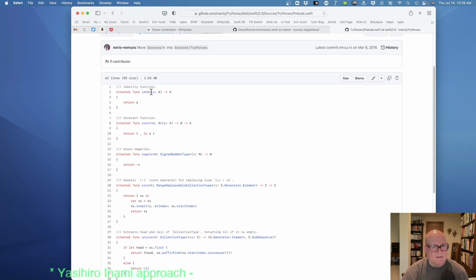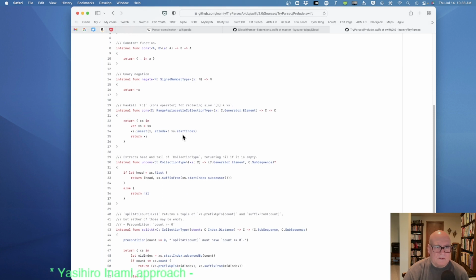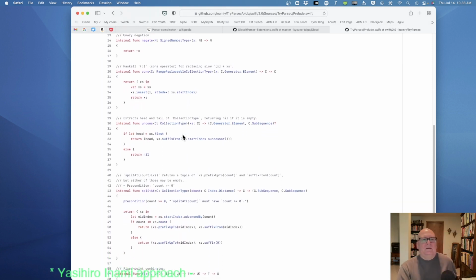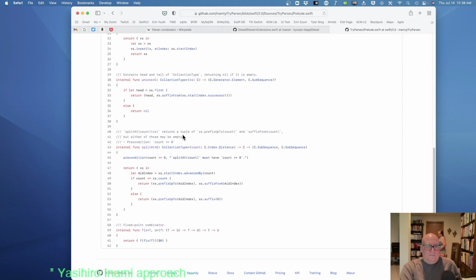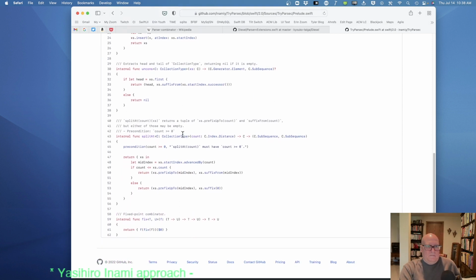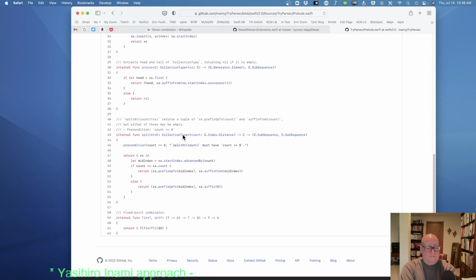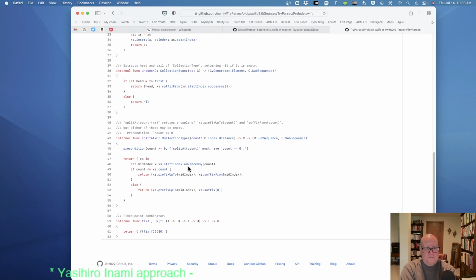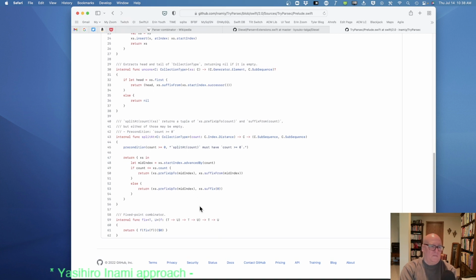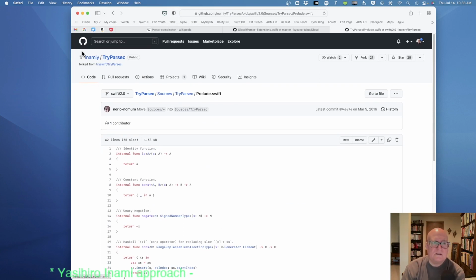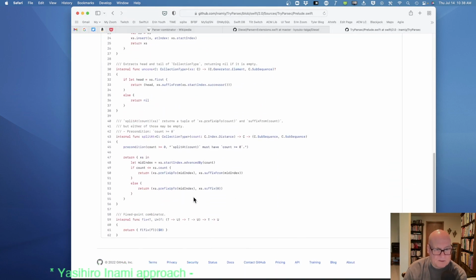Const by itself is a function that returns a function. Negate cons. Okay. This is just so very close to a Haskell approach.